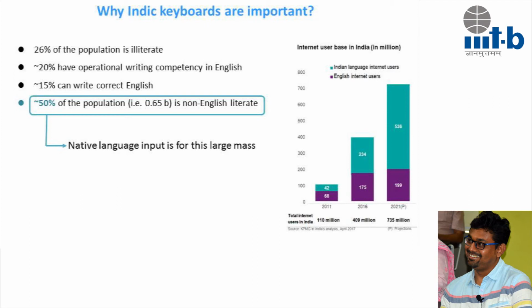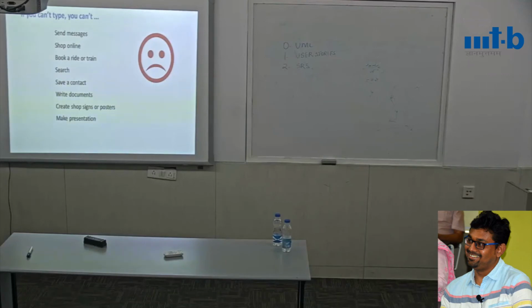Forget about a few other countries. There might be other countries like Mexico, Indonesia, Malaysia, Bangladesh, Sri Lanka, wherein you will find such types of users who would be less English literate. So it's important to design for them, because if those users are not able to do typing in English, and if they are using mobile phones, actually they cannot do anything. Basically, they cannot send messages, they cannot shop online, the basic things which we do every day. They cannot even save a contact.